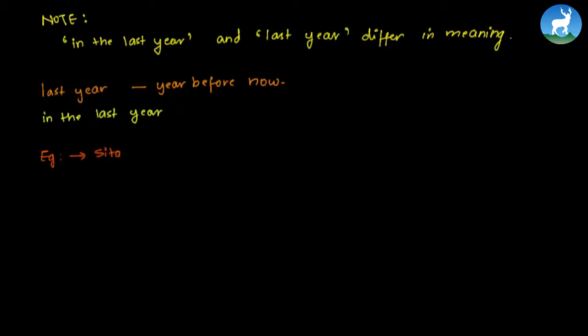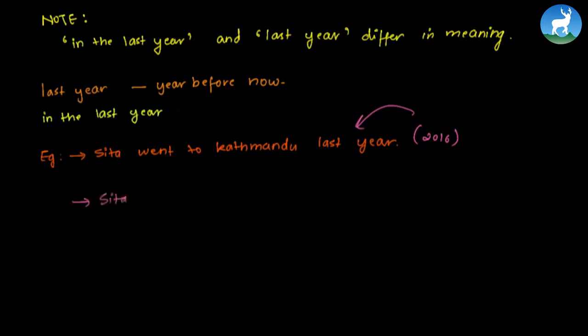Sita went to Kathmandu last year. Meaning that Sita went to Kathmandu in 2015. If we are in 2016 and we hear this statement, we can immediately say that Sita had been to Kathmandu in 2015. But if we have another sentence saying Sita has been to Kathmandu in the last year, the meaning